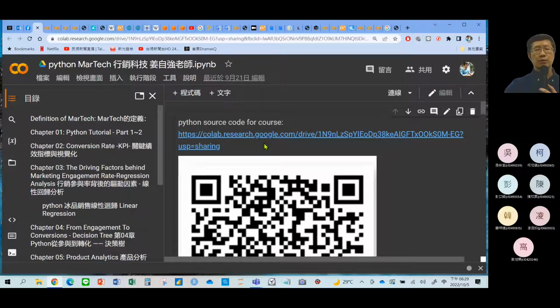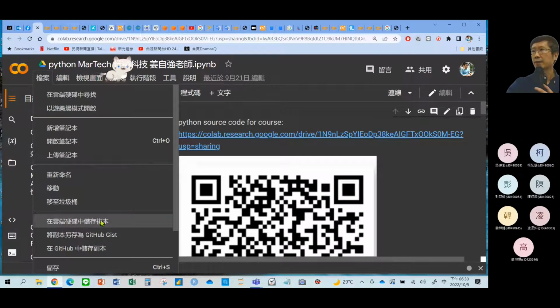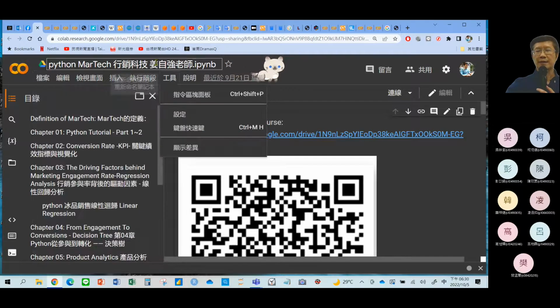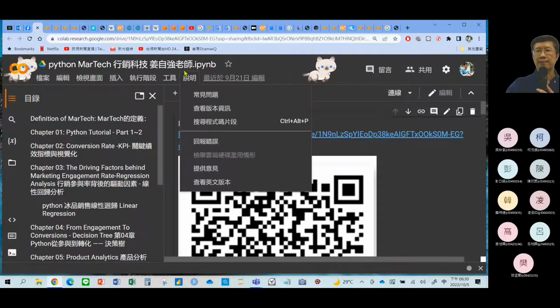Last week, I taught you how to make a copy in your Google Drive. Okay, so I do it again. When you find my website in Google Colab, you may use the File menu bar to save a hard copy in your Google Drive. And please rename it with your school ID and your name, please. 好，那做一个 copy 啊，把剩余的这些关键字删掉，OK？